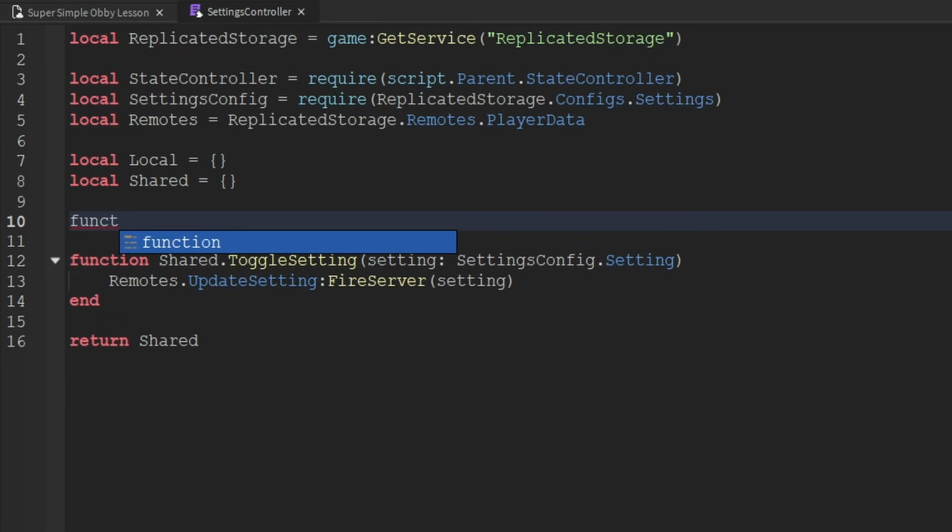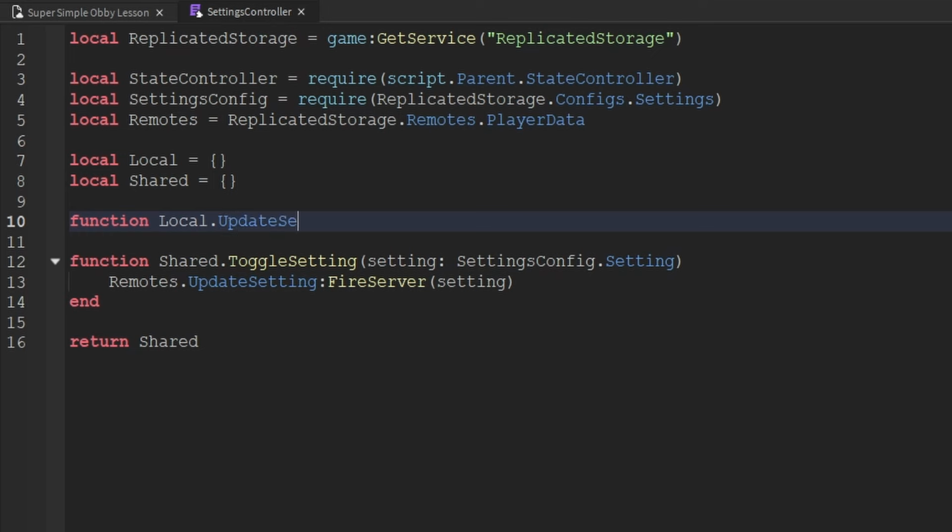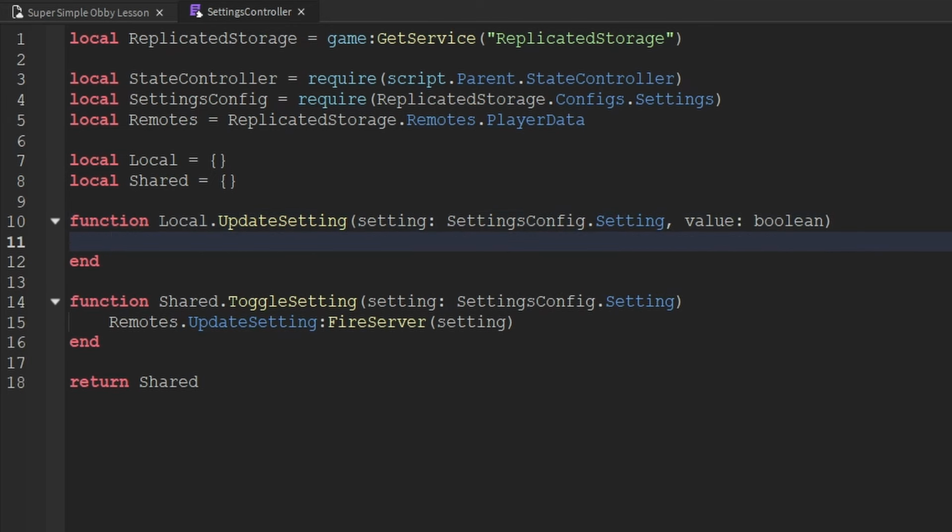Anyways, we're going to go ahead and create another function, which is going to be a part of the local table, and it's going to be called update setting. This is going to accept the specific setting and the value, which of course is a boolean that the setting has been toggled to. And we're actually not going to do anything inside of this function, but in the future,